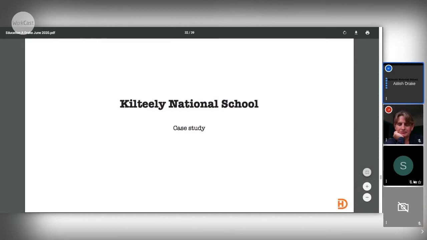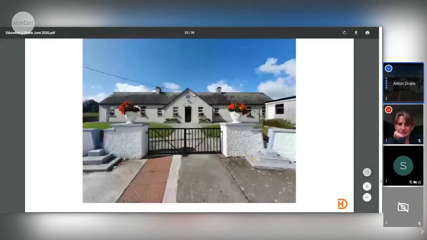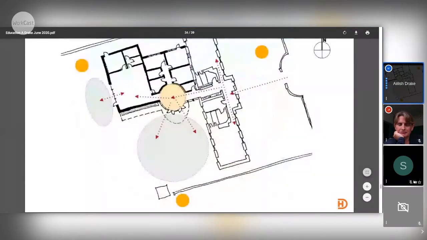And before I finish, I'll just quickly show you another small project, just to show you the same ideas done in a different way. So this little project was a 2-classroom school, and they have an additional classroom, which is the port cabin that you can see on the right hand side. And they now have 1 class for children with additional needs. And in this case, we have to extend to the rear of the school, but because the school is so small,